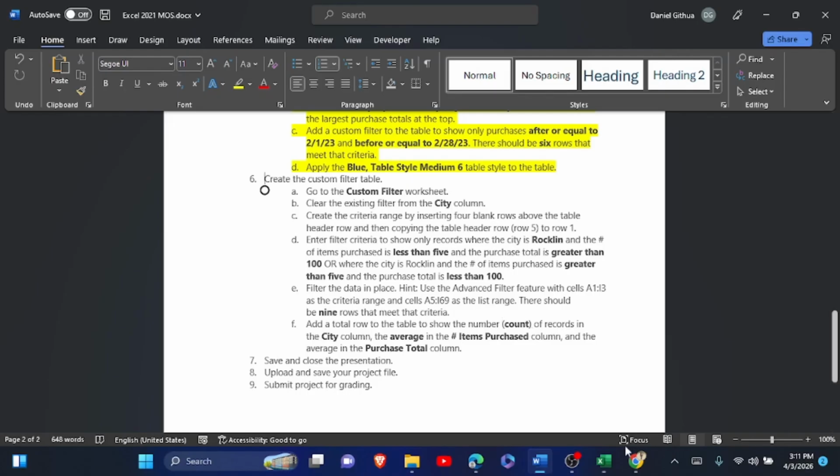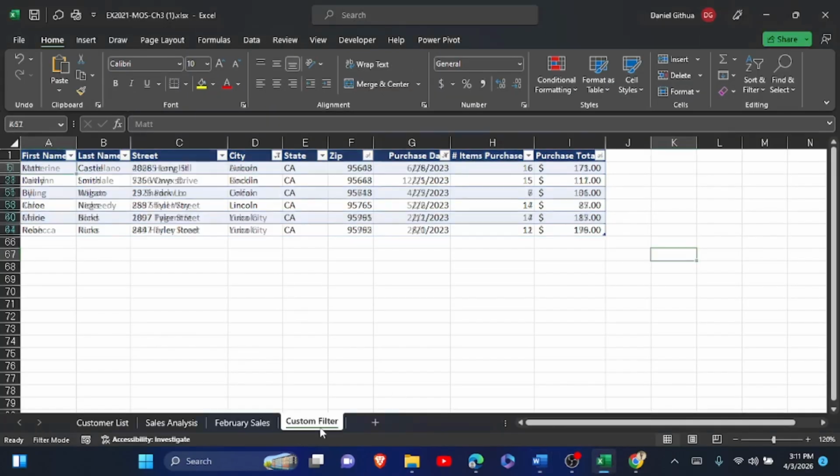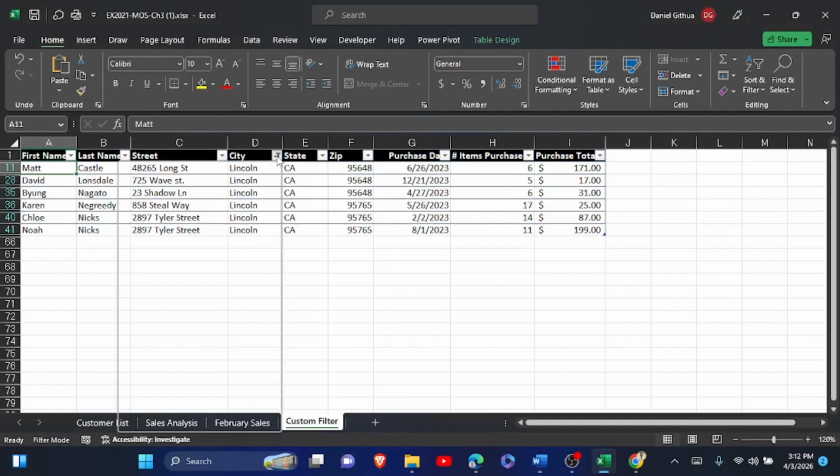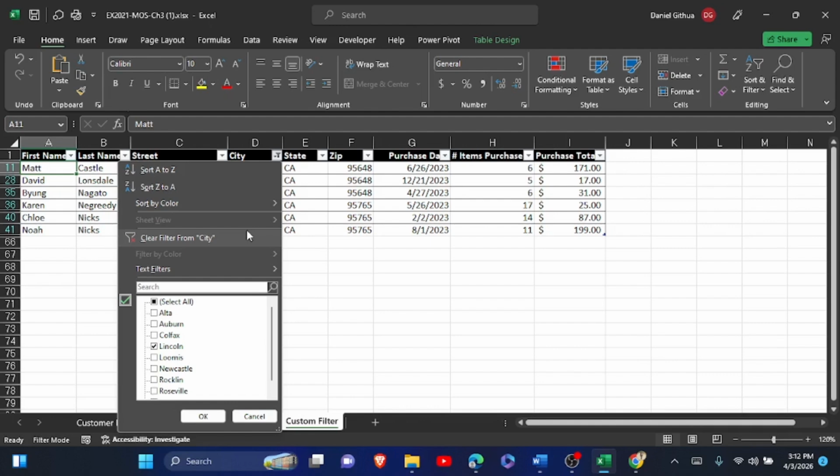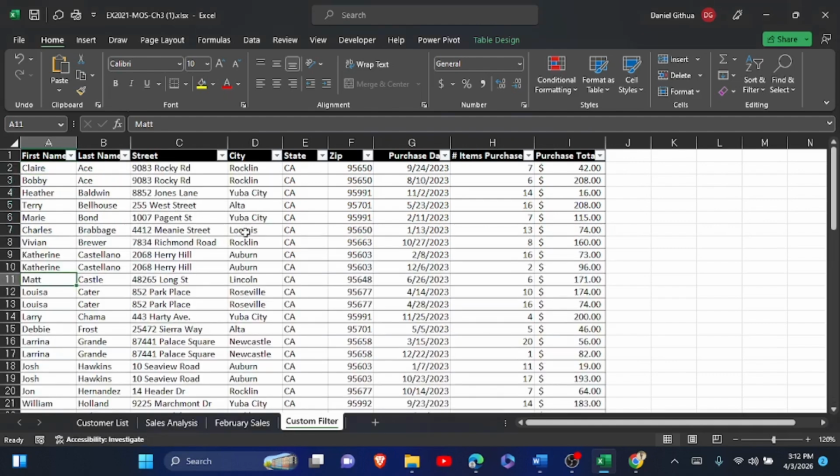So go back to your file, click on custom filter. You see the city has a filter here, the funnel, this one. So click on it and then clear filter from city, like that. After doing that, we are going to the next step,